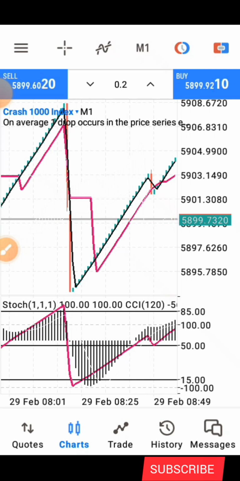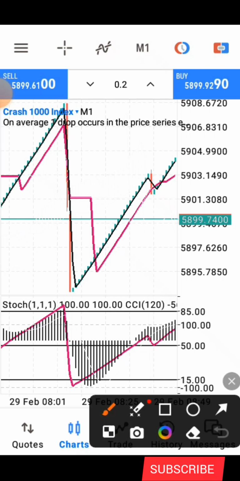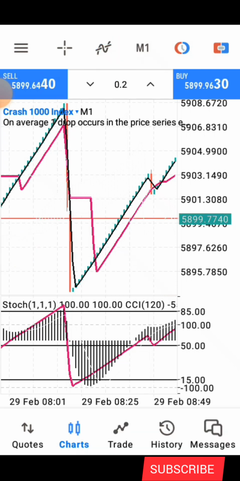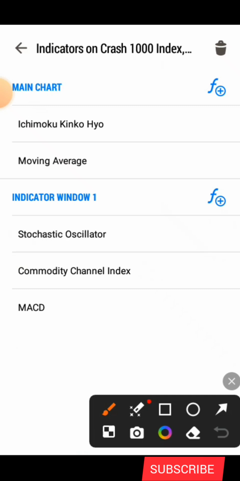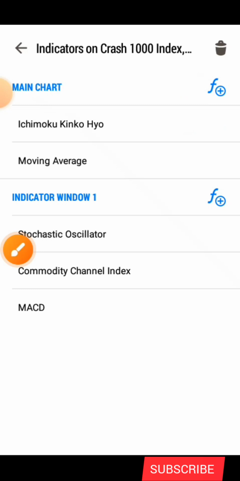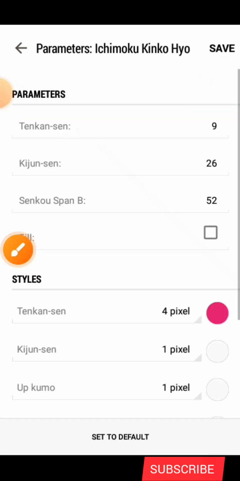Alright, so the first thing we have to do as usual is to click on this icon here. After clicking on that, you can see the first indicator here is the Ichimoku. So you have to click on it, this one. But before you do that, you click on this icon first to search for the Ichimoku. After finding and clicking on the Ichimoku, now you are going to see